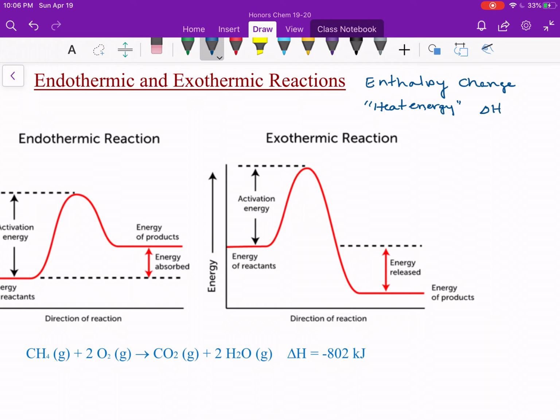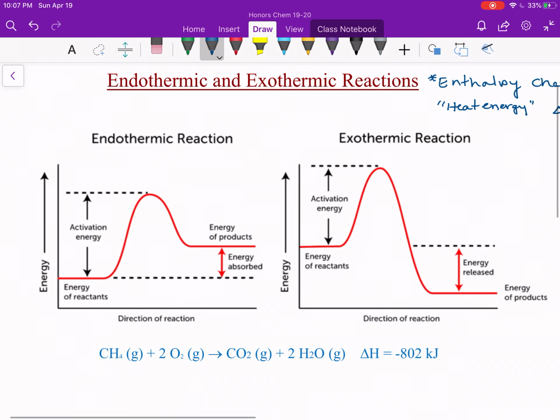So if we say a reaction's endothermic or exothermic, what we're actually looking at is an enthalpy change. And the symbol for that is delta H, H for heat energy. All right. What we see here are two different energy profiles for either an endothermic or an exothermic reaction. Remember, one of the signs we could use to see if a chemical reaction actually took place would be a temperature change. We said that the temperature could either go up or go down. And so if the temperature goes down,